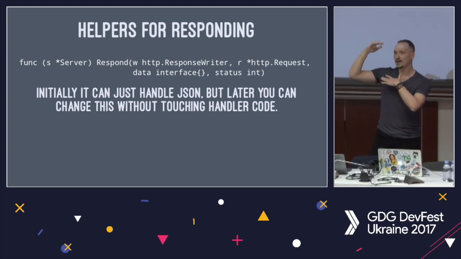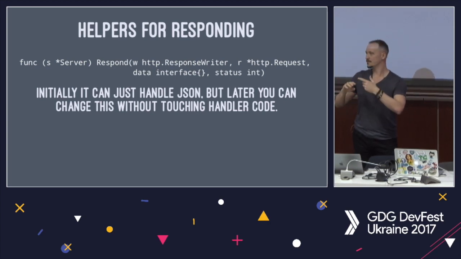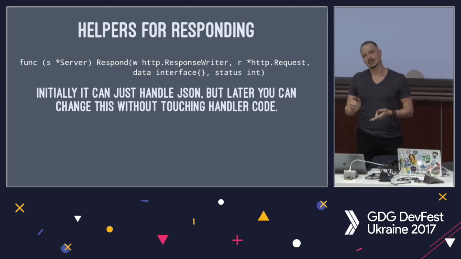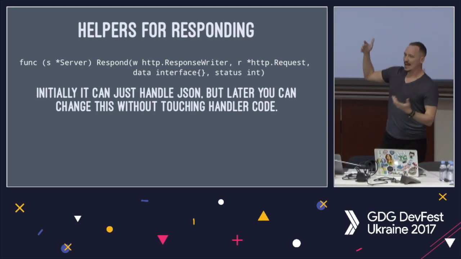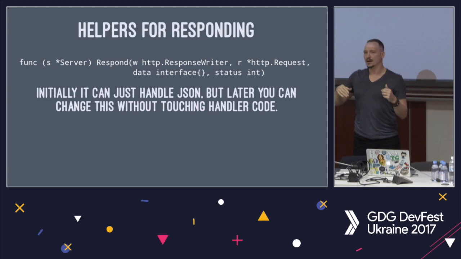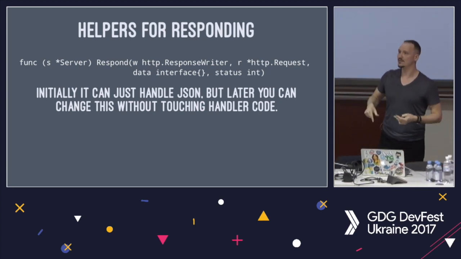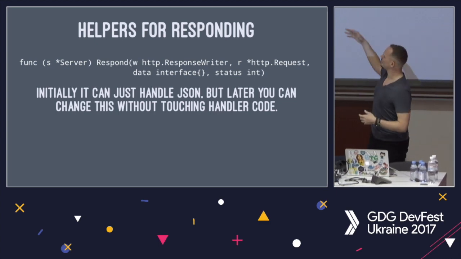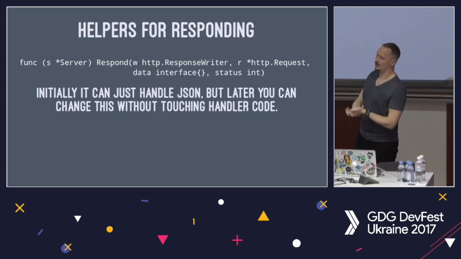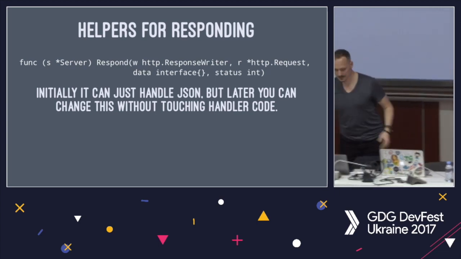And he shows a lot of code of really obvious stuff that you have to do every time, encoding, decoding, the marshalling stuff. Well, you can avoid that by popping a method in, popping a function in that does it for you. And so this is the signature. And you can imagine what the body is, but if not, there's lots of examples of this kind of thing online. But notice it's a method on the server, because of course this might want to use some of those dependencies.